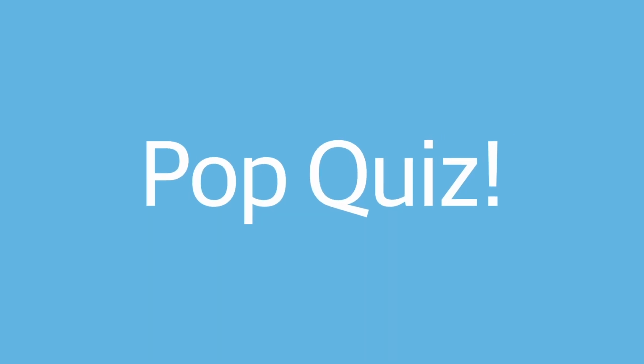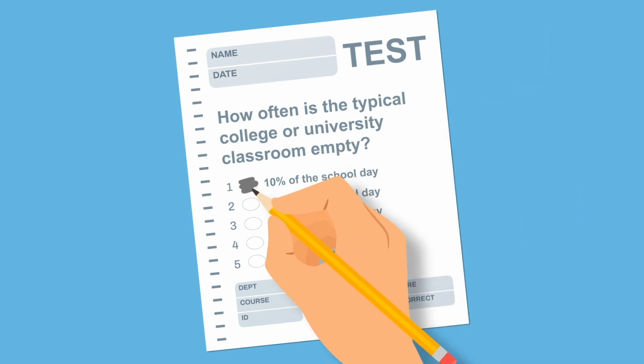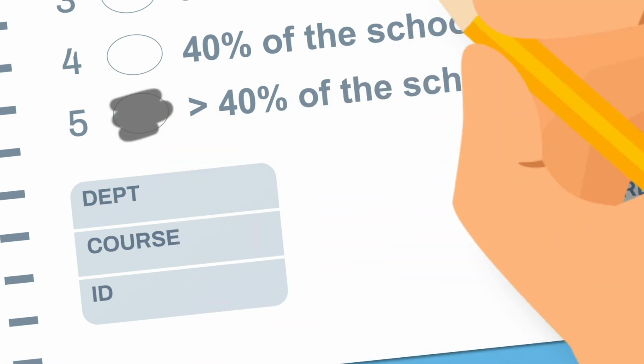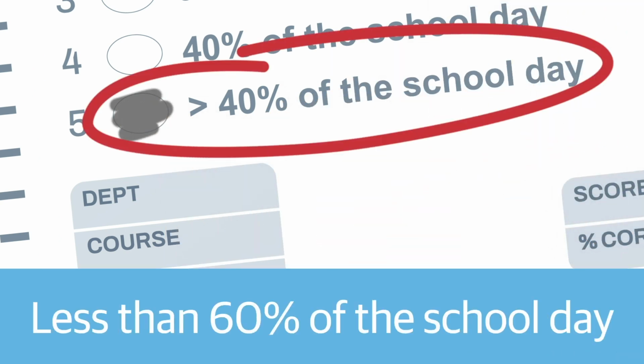Here's a pop quiz. How often is the typical college or university classroom empty? 10% of the school day? 20%? The typical classroom is empty more than 40% of available hours, meaning they're occupied for less than 60% of